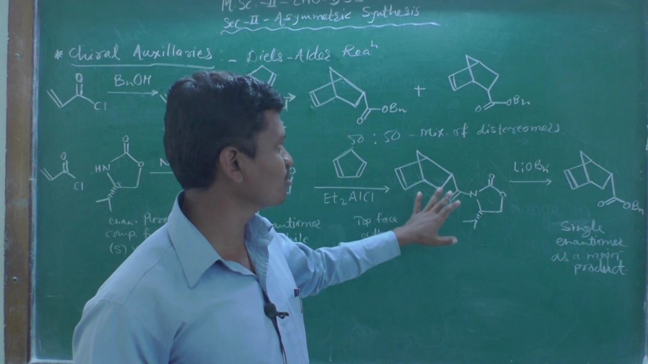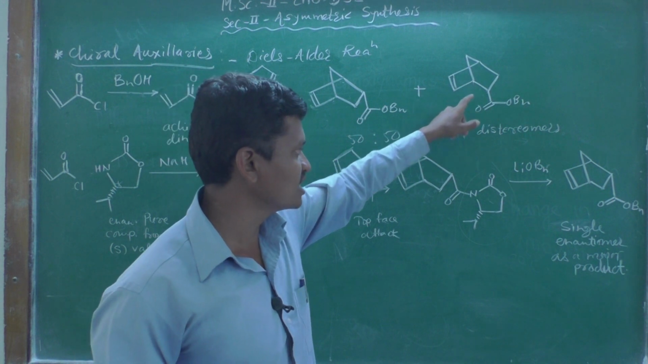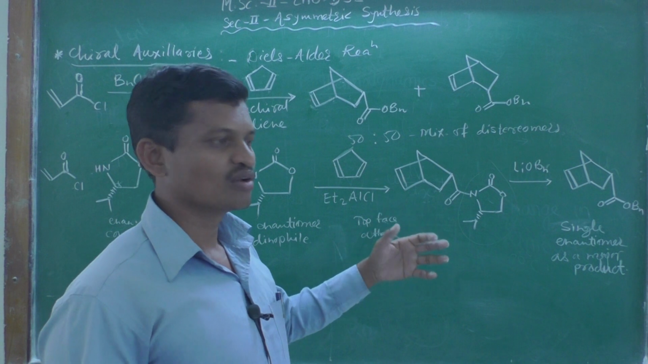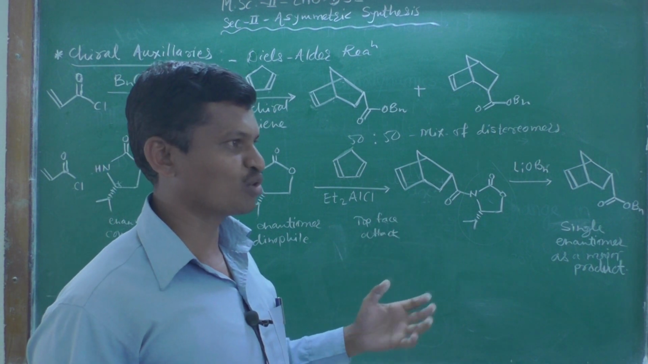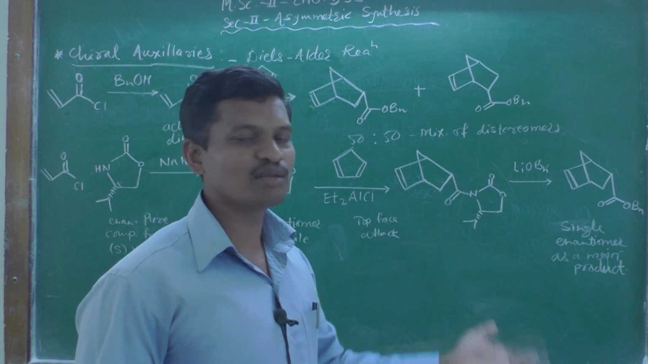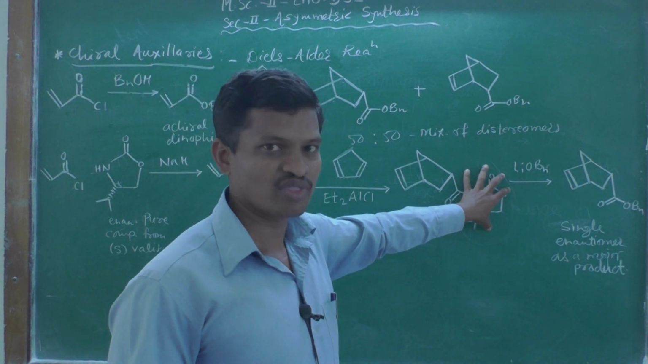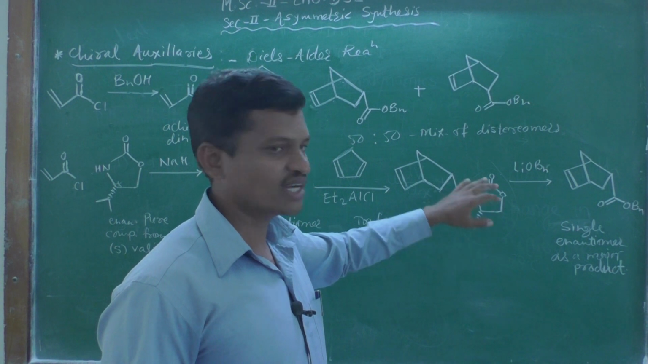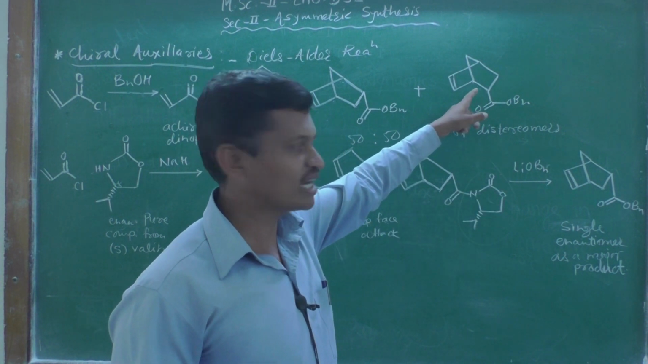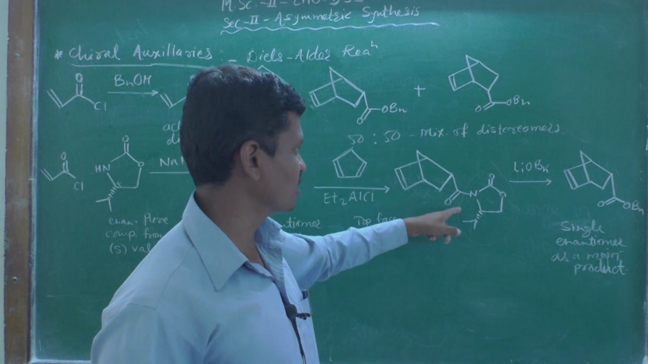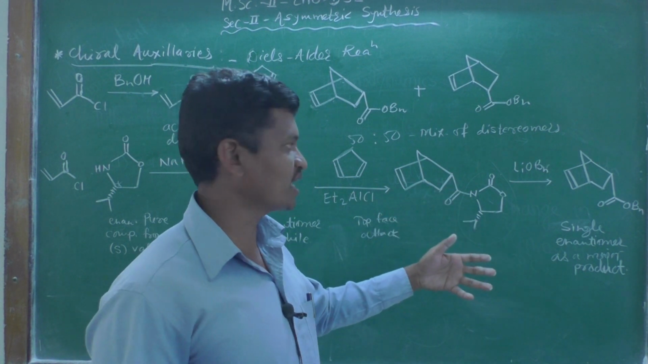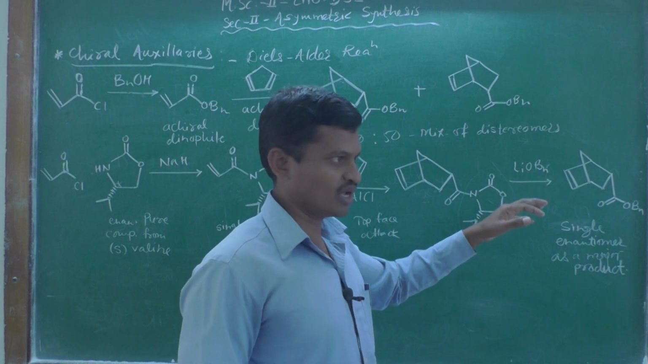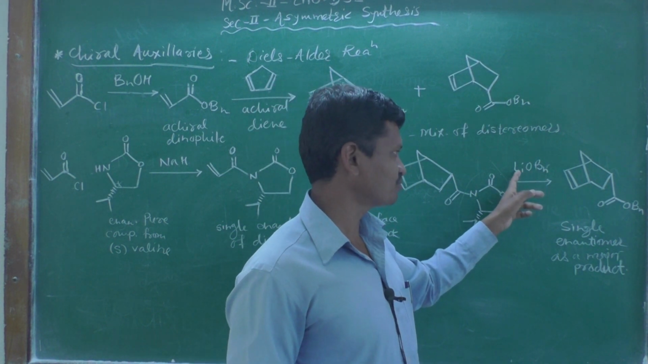There is no formation of such a product like this. So once our work is done, once our product is obtained, we can easily remove this chiral auxiliary, because our target molecule is this one, not this one. So what is our next target? Remove this chiral auxiliary by simple reaction with this nucleophile, lithium